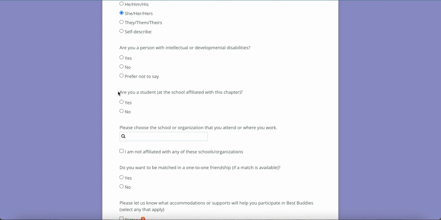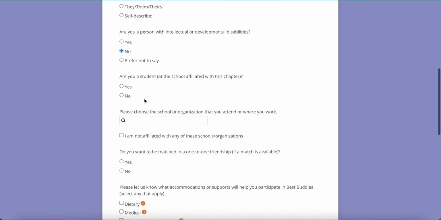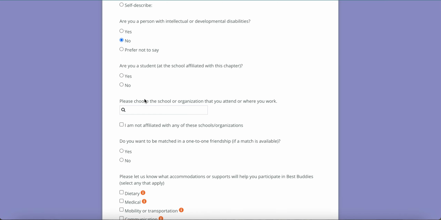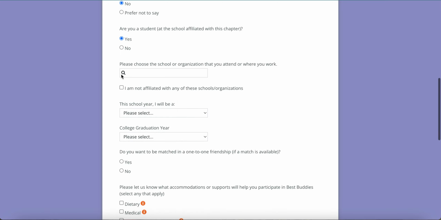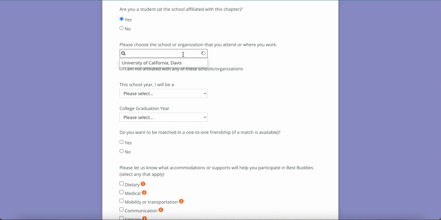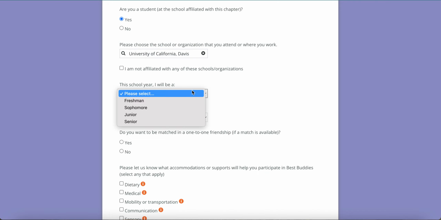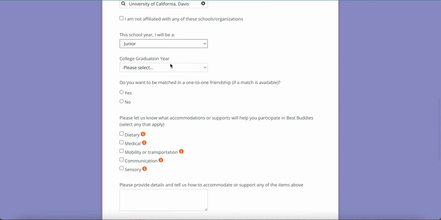Mostly for UC Davis students who are applying to be peer buddies or associate members, you're going to say no. Are you a student at UC Davis? I'm going to say yes. And then you can just go down to this search bar, click on University of California, Davis. Then select your year in school. So I'm going to say junior. College graduation year,